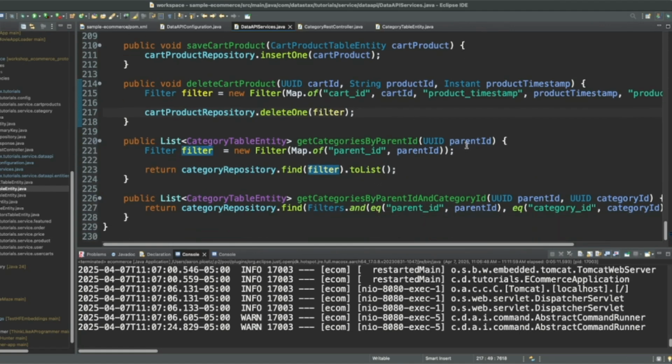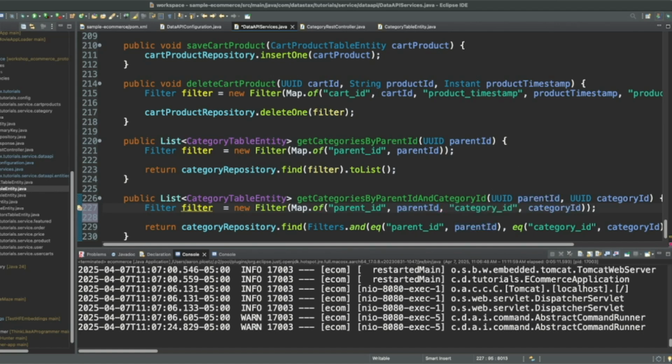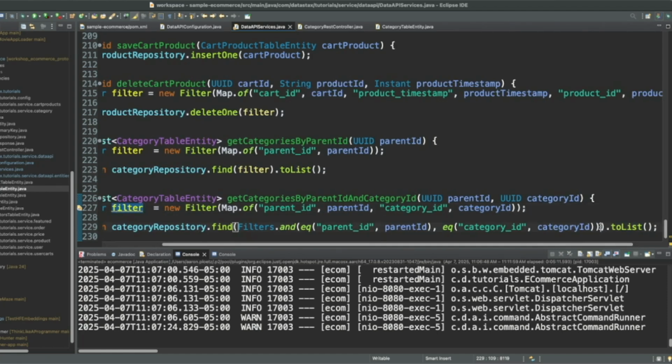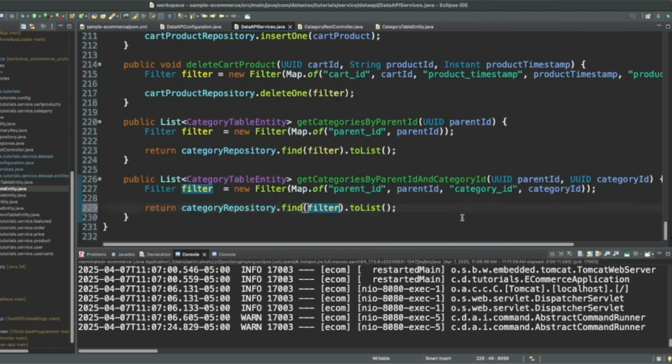Okay. And this one is going to be very similar. New filter, map of parent ID, category ID, category ID. And then let's take our filter and replace that. Our data API services should be good.